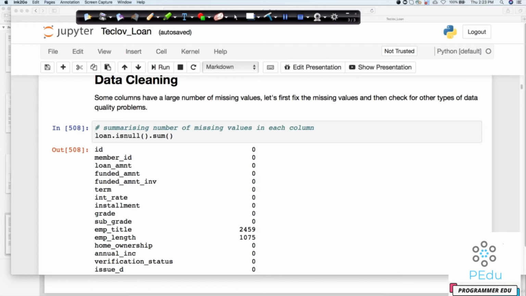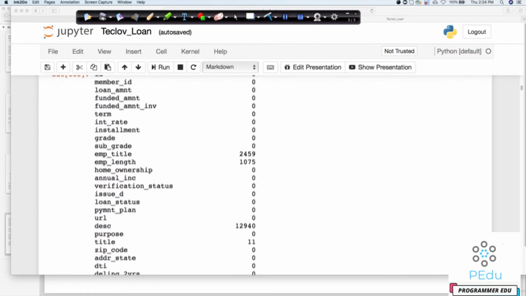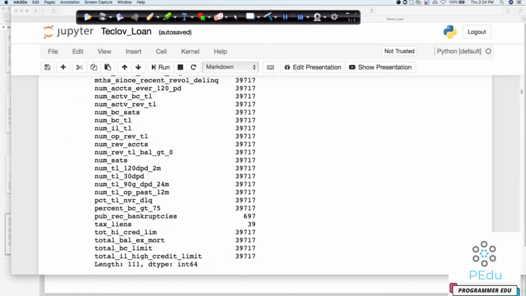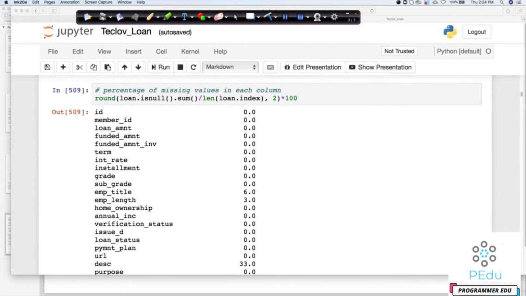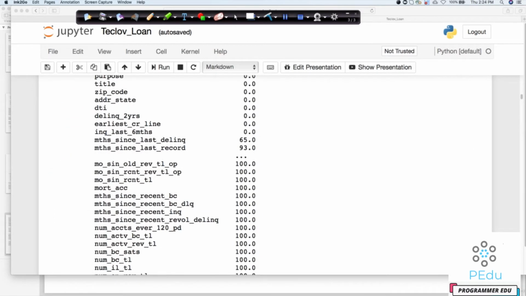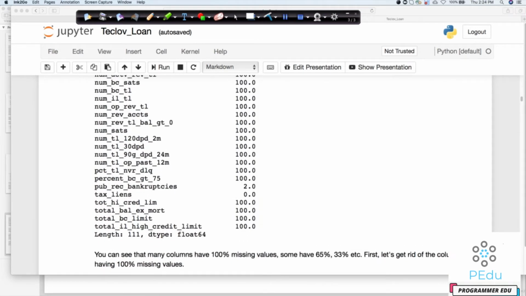So what we are going to do here is look at all the missing values. Again, following the same strategy we have been using from last time, we will look at is null sum, and you can notice that this data does not look so good. So we will look at the percentage, like how we were doing it last time also. If you look at the percentage, you will notice that a few of the columns have 100% missing values, which means that we definitely would like to remove them. In fact, you will find some columns with 90% also.